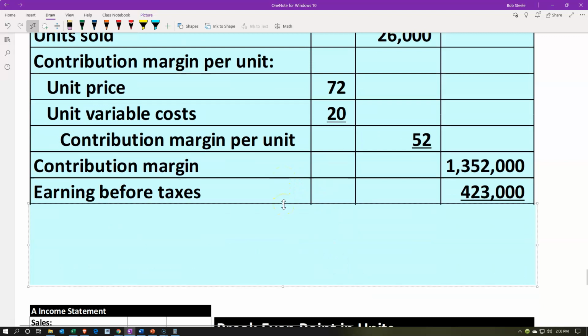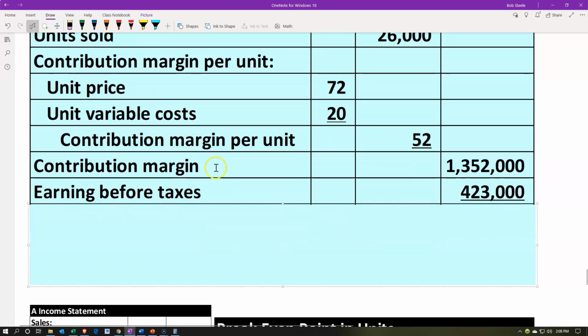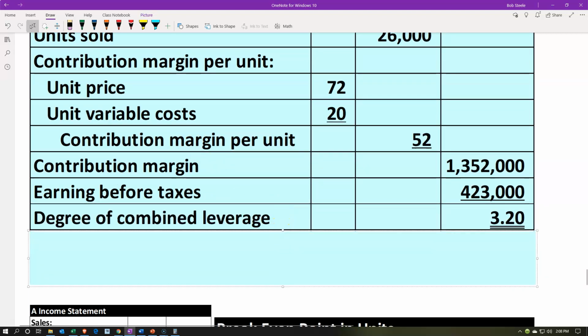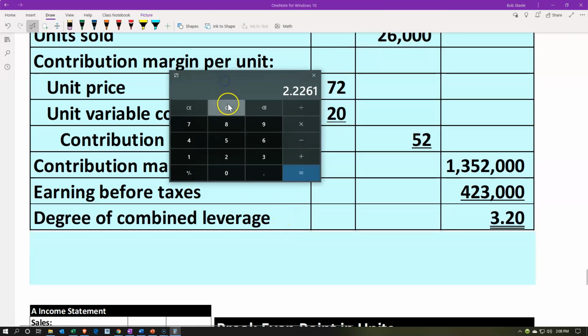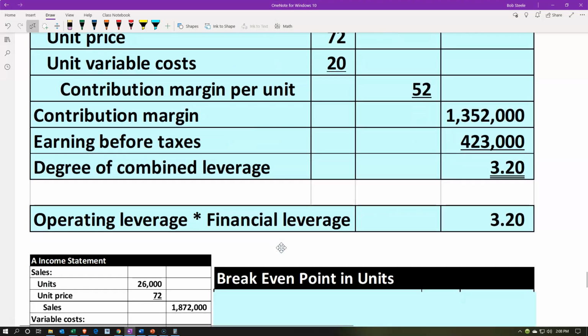the 1,342,000. The earnings before taxes is still the same at the 423,000. If we then divide those out, we're going to get about 3.2. So we get the 1,352,000 divided by the 423,000. We get about 3.20. And then if we were to do our multiplication, once again, we should get the same number if we